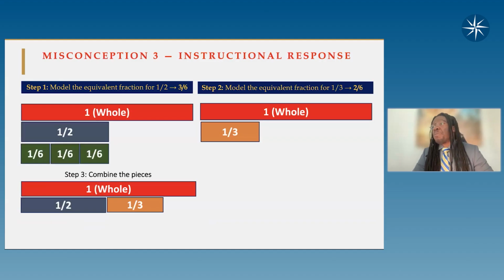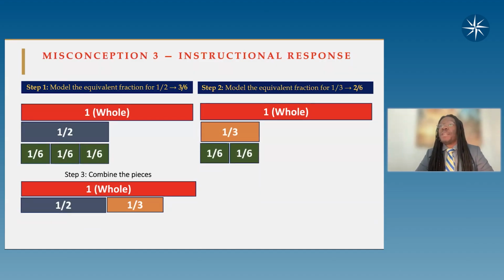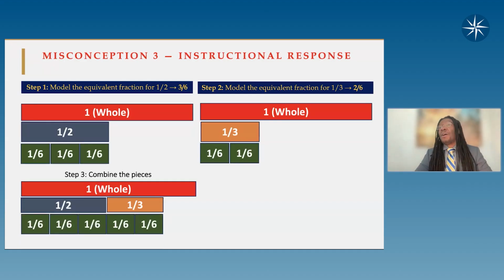This is the instructional response. Take some tiles and create equal units, or go back to your chart and find the LCD or equivalent fractions of 1/2 and 1/3, because we have found the LCD to be 6. So the chart comes into play here again, and now they can put them together. The pieces line up equally, so now we know that 1/2 and 1/3 is the same as 5/6 because they